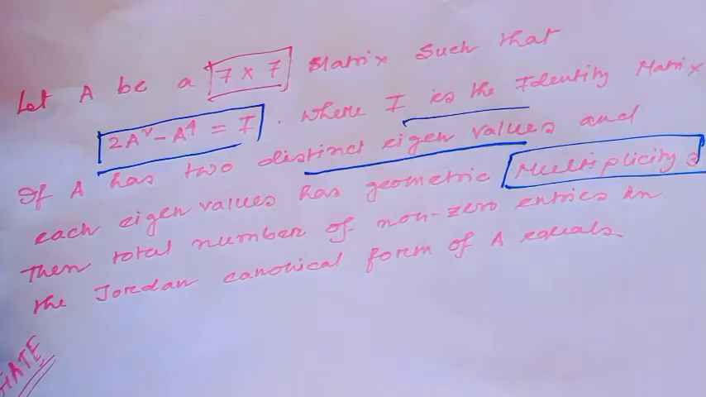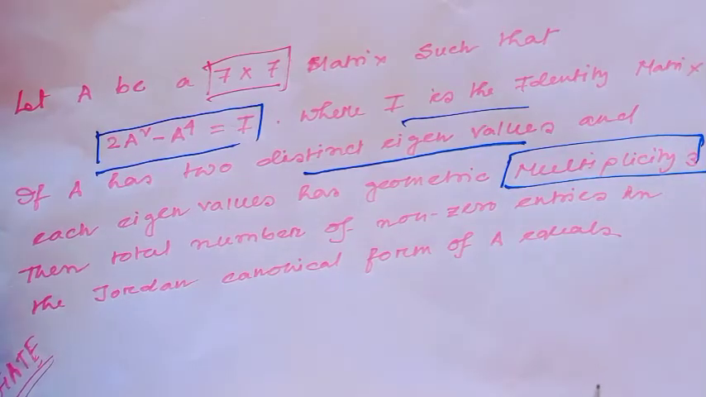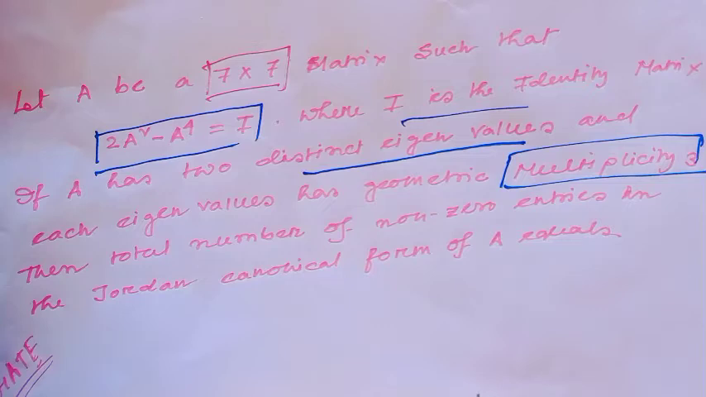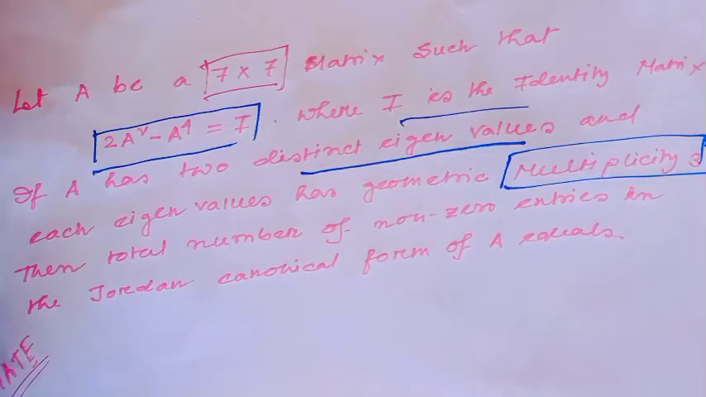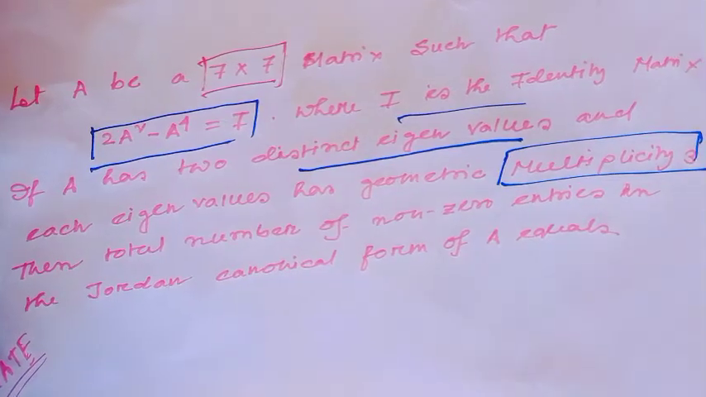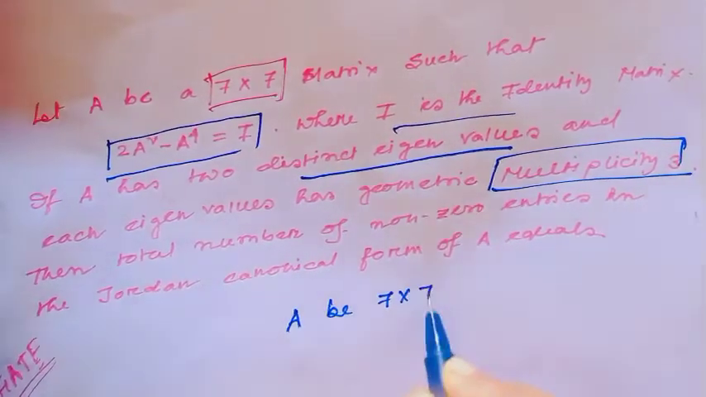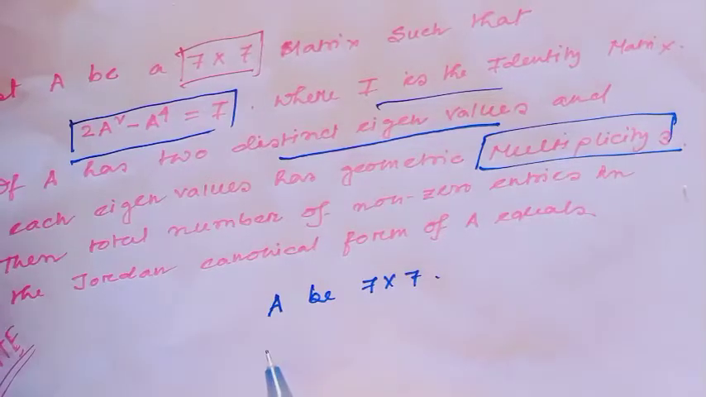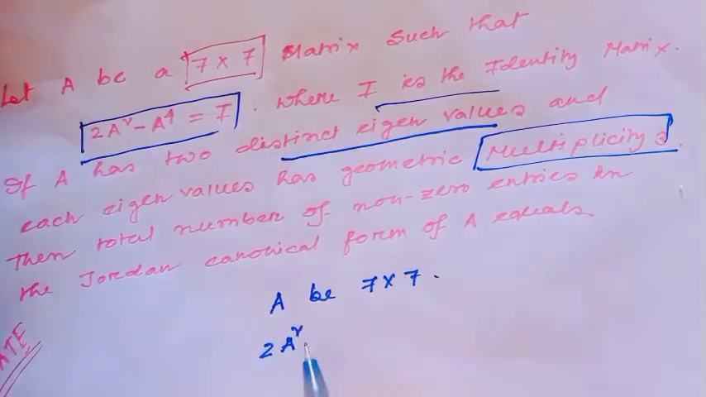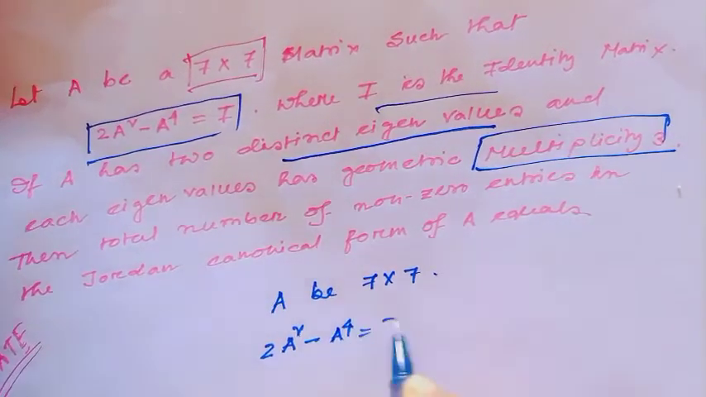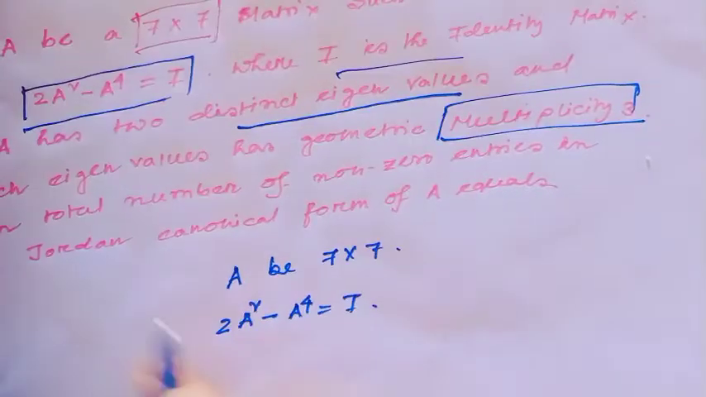This type of question I had discussed in my previous video also. But at first I highly recommend that if you haven't seen my earlier video about the Jordan canonical form and the questions which had come in different competitive exams, then please see that video. Then today's video would be so easy. Here A is a 7 cross 7 matrix, and the equation is 2A squared minus A to the power 4 equals the identity, and given A has